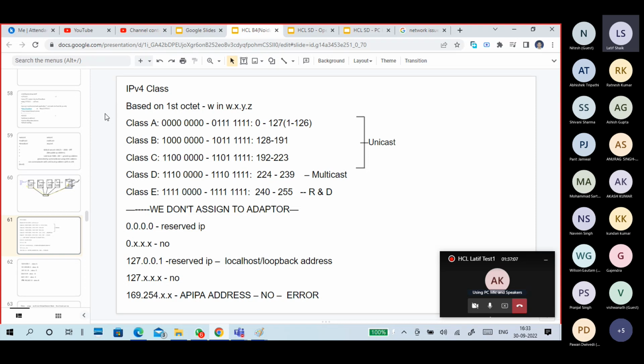IP addresses from class A, class B, class C we can assign to any device like a PC, laptop, tablet, and so anything we can use IP addresses from class A, class B, class C only. Class D IP addresses are multicast IP addresses. This range of IP address, 224 to 239, we cannot assign to any of the PCs, any of